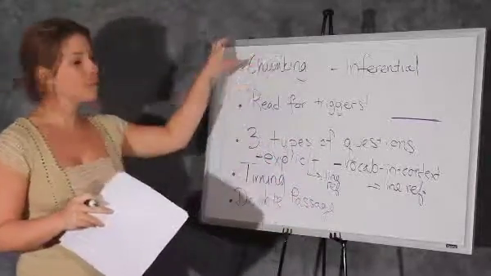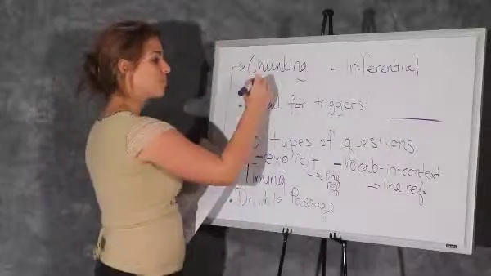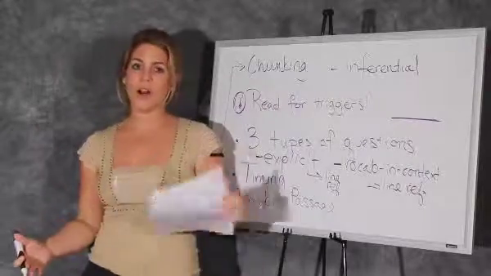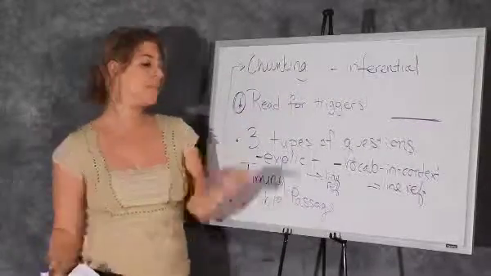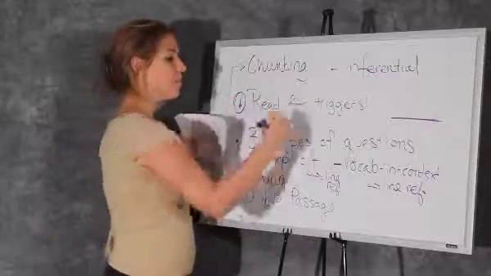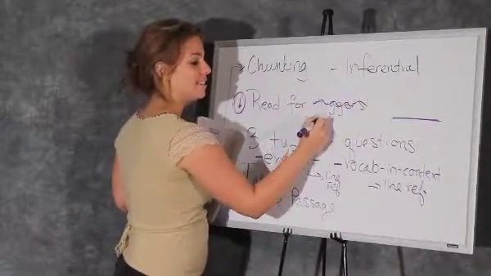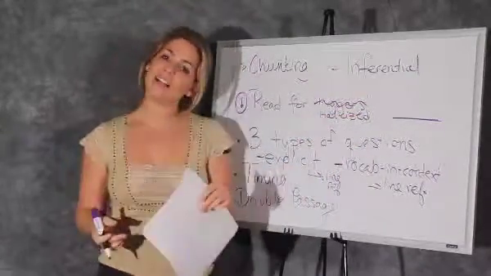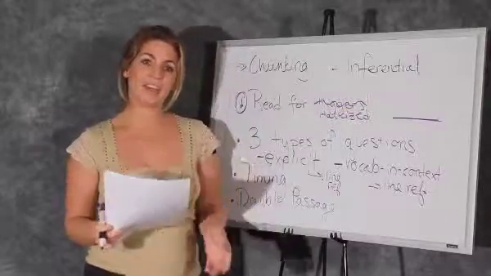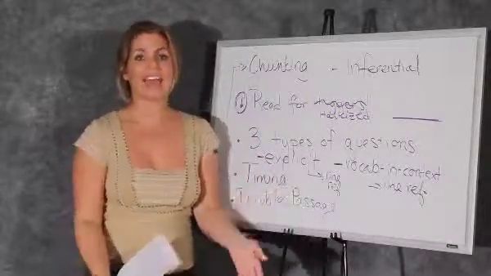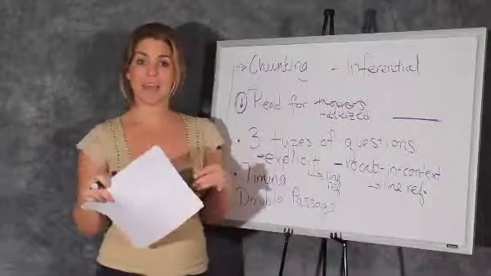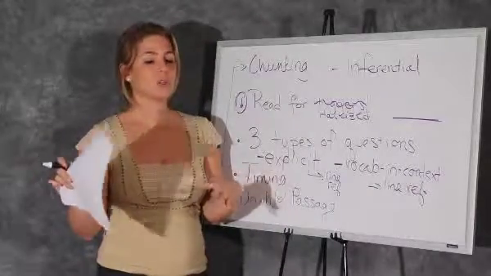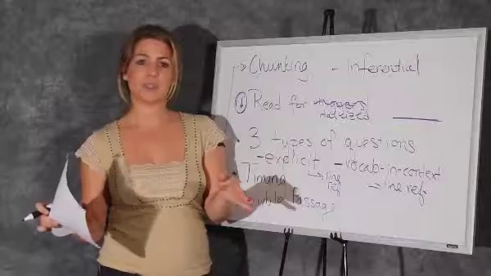So when you get to a passage, the first thing you're going to do is read the italicized section. That's always number one, no matter if you're a fast reader or a slow reader or a super slow reader. If you're a relatively fast reader, then you should do the skimming technique. You're going to read through the passage by skimming for triggers, and then you're going to go and answer the questions. That should be totally fine for you if you're an average speed reader.